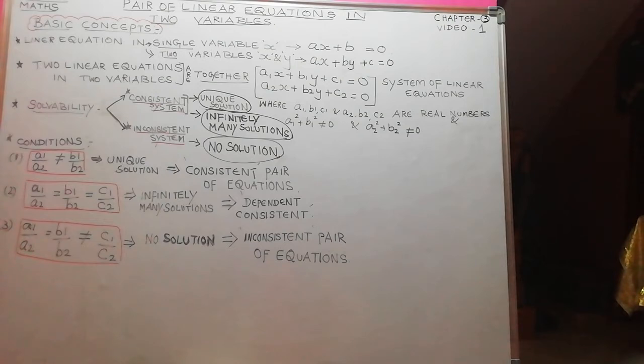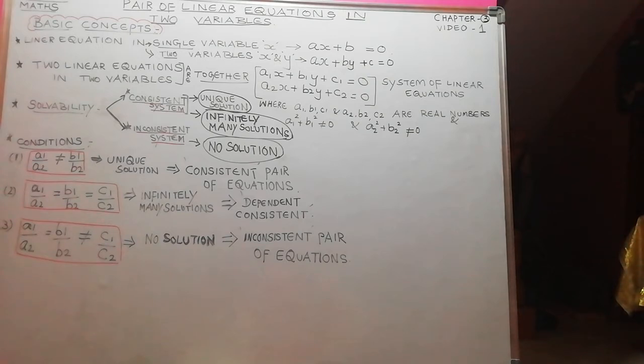That means, when you find the values for x and y, and substitute in the first equation and the second equation, that will give you 0. Only one pair of variables x and y simultaneously solves both the equations. That's why the condition is a1 squared plus b1 squared is not equal to 0, and a2 squared plus b2 squared is not equal to 0. So, this is a system of linear equations. The same value of x and y must solve both the equations simultaneously. So, the condition is very, very important.